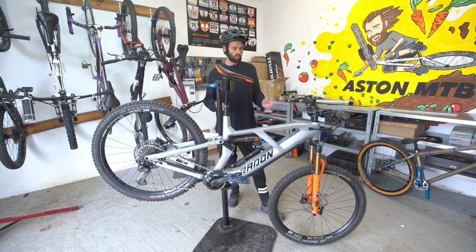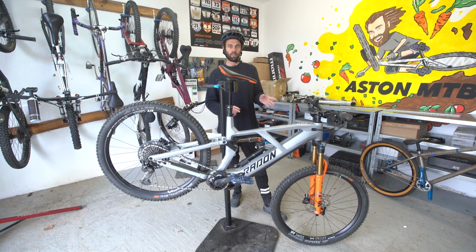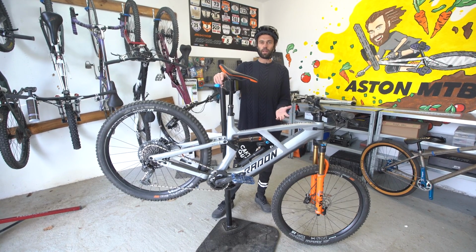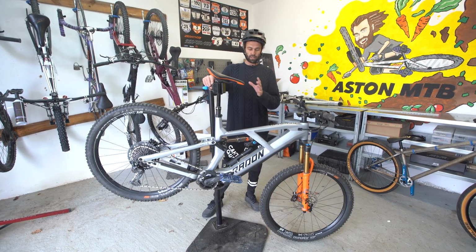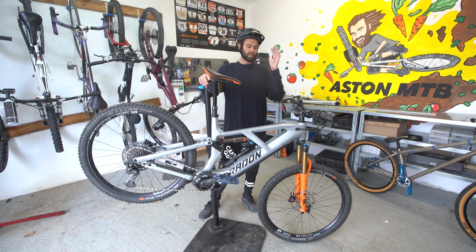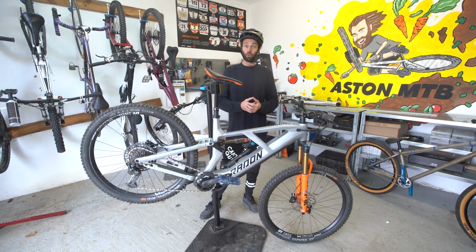And the major thing, we're going to take the suspension off and ship it to Tyrone in Tuscany. He's an expert with this suspension, but he's already said we're not going to be able to get the performance I'm asking for from these units. But he's going to do his best. He's going to tune it, size the bushings, different oil, different shim stacks. He's going to do his best to get the best performance out of this bike before we give it away